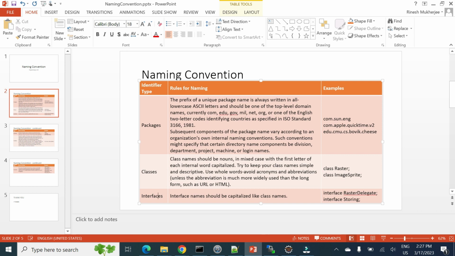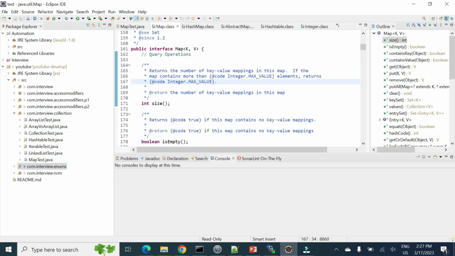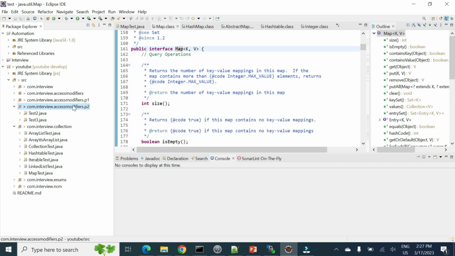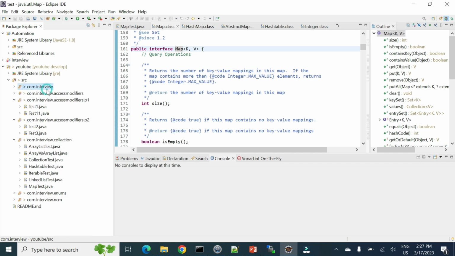Next is the interface. Interface should be capitalized like class name, so the same convention of class name we should follow for interface also. So let's say if I go to any interface, it is a map interface. If I check my example, maybe there is no interface, but let's say